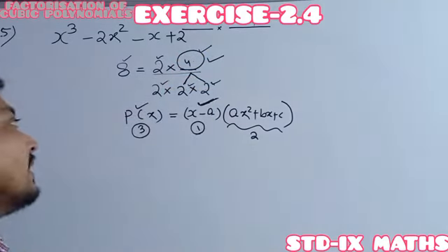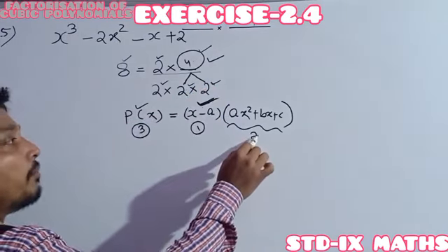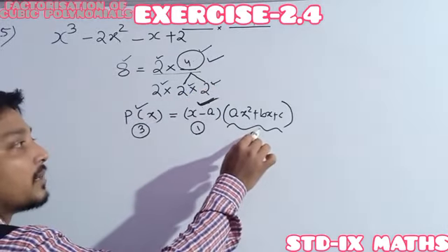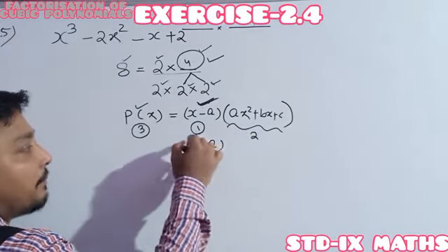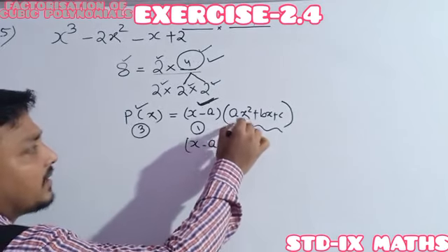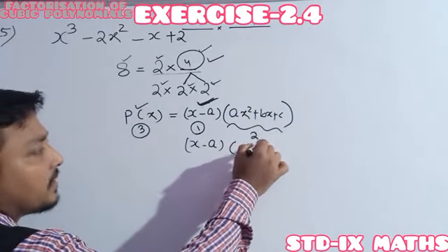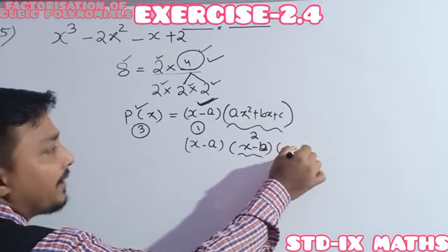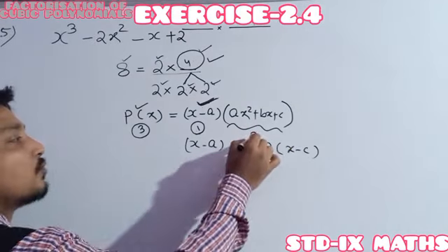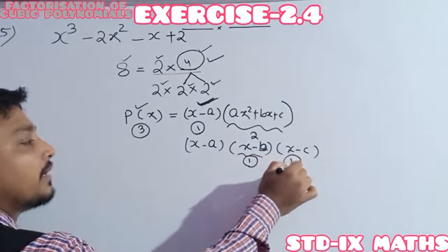In the same way, this one we cannot reduce more, so it is irreducible, but this one we can reduce because it is quadratic, which means once again we can reduce it just like this by splitting the middle term. Here it is quadratic, meaning the degree is 2, so it is the product of linear factors, suppose x minus b and another one x minus c. Degree 2 means it can be factorized into linear, degree 1, times another of degree 1.